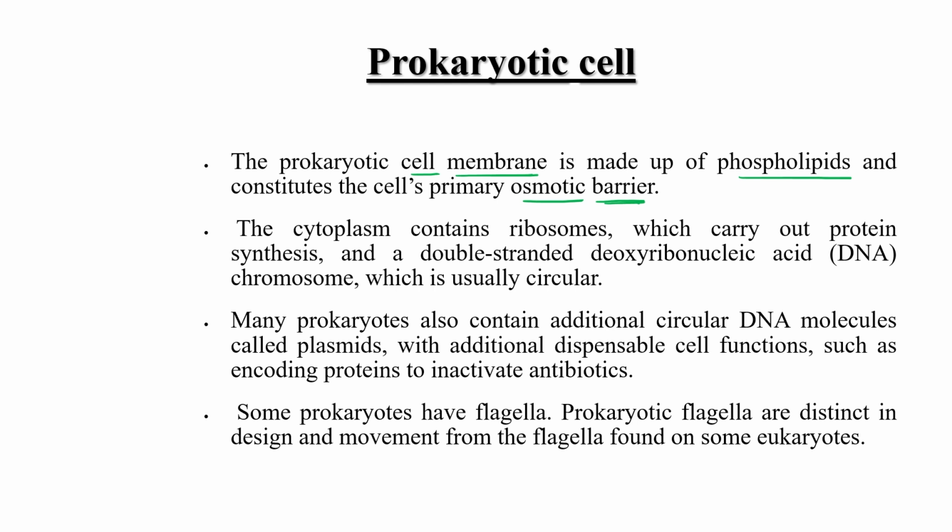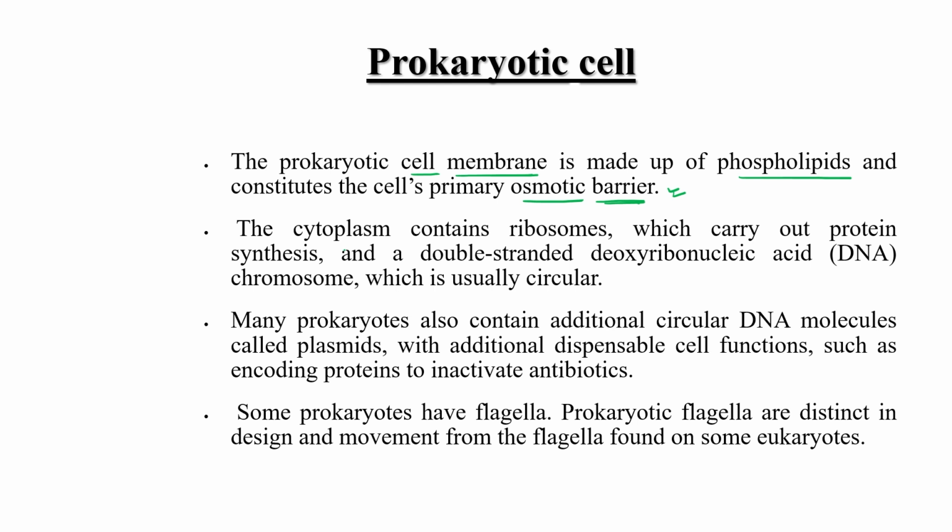It doesn't have permeability for all kinds of molecules, right? So it acts as an osmotic barrier, right? And that's how it is the main covering or main defense system